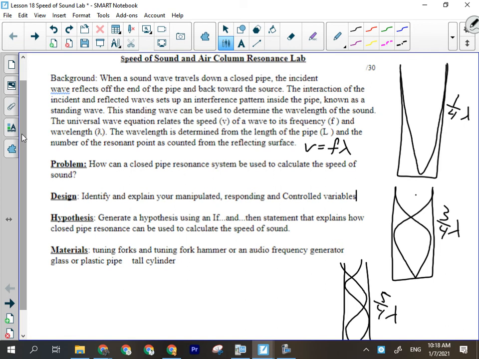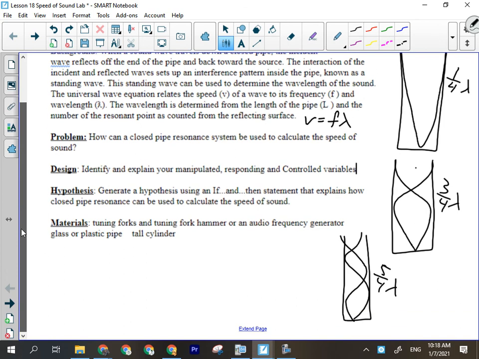The problem is already written for you; you don't need to write it out again. How can a closed pipe resonance system be used to calculate the speed of sound? So we have to look at our variables here. The experiment is going to work like this: we're going to have the resonant pipe and the tuning fork, and we're just going to hold the tuning fork and move the length of the